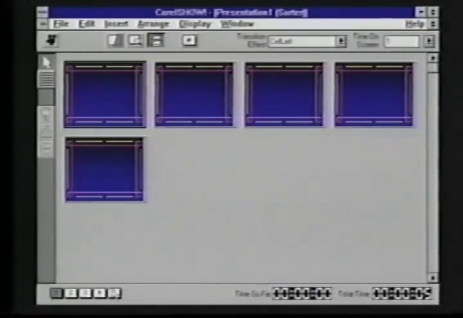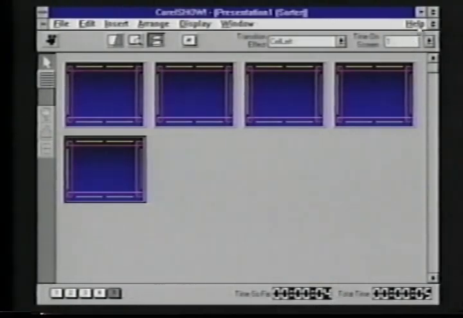Now down here at the bottom of the screen, Corel Show keeps track of the number of slides that you have in your slideshow. We have slide number 1 selected, slide number 2, slide number 3, up to our 5 slides. It's a quick way to move between your slideshow. As you can see, the selection is changing based on which slide I click at the bottom of the screen. At the bottom right of the screen, we keep track of how long your slideshow is for you, depending on how long you set for the individual slides. For example, here we just have 1 second per slide, so our time so far is only 5 seconds. Now let's go back to slide number 1